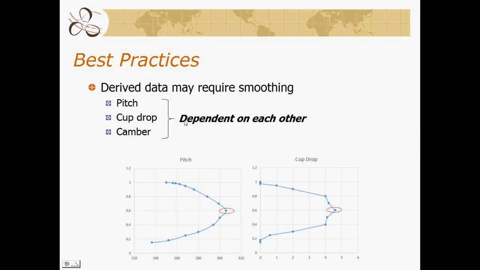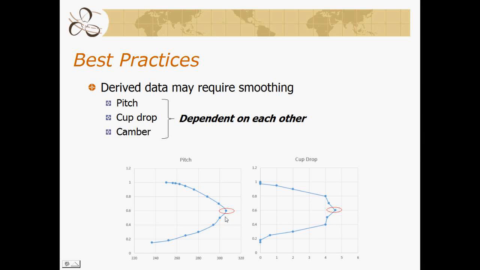And what you'll want to do is pull up graphs of pitch and graphs of cup, and look for outliers. The pitch distribution is generally smooth, so we know that there shouldn't be a little bump in this. When we look at the cup, we see a bump in the cup also, and we know that typically cup is a constant drop for a large portion of the trailing edge. So we would expect that this would be a